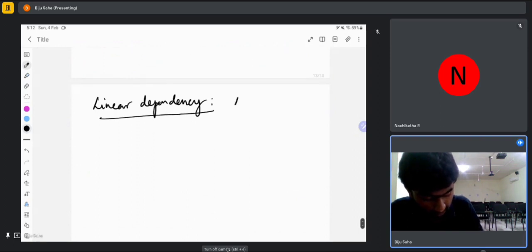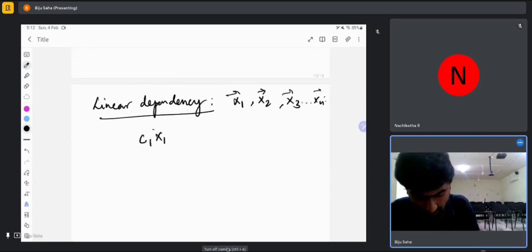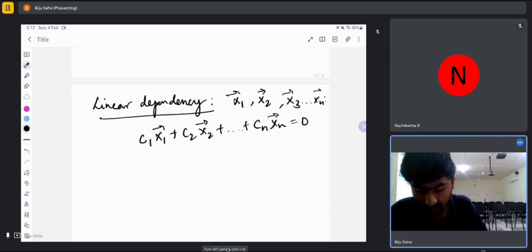So for the set of vectors we write the equations that we write, and it can be rewritten in a matrix form. So how to write in a matrix form? That would be